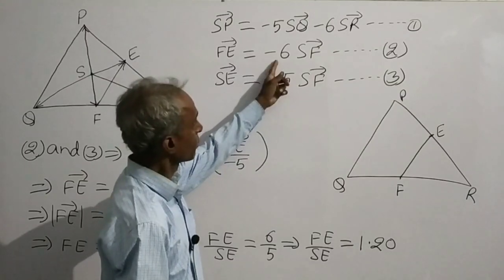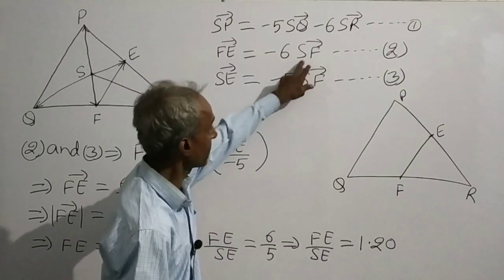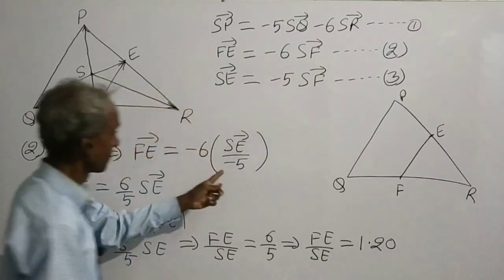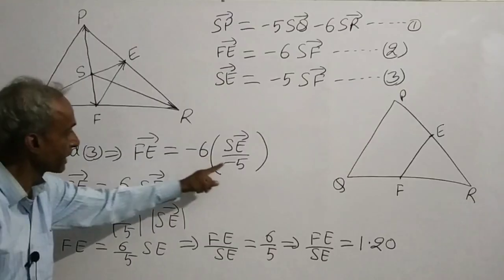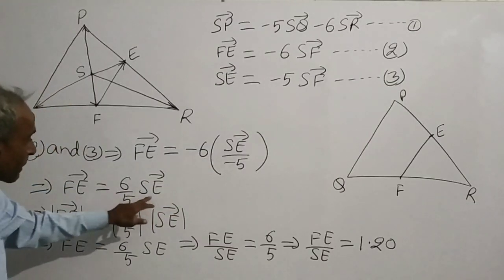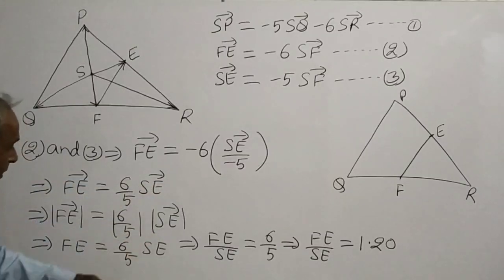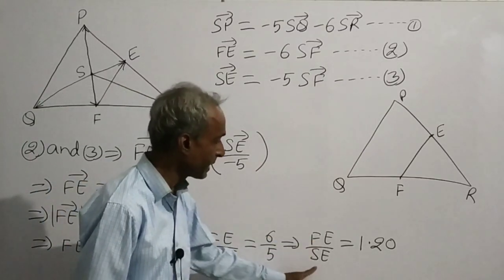In this result 2, in place of vector SF, we can write vector SE by minus 5. Then we get vector FE is equal to, minus will be cancelled out, 6 by 5 times vector SE. Taking mod both sides, we get this. Shifting this SE on the left hand side, we get this. That means FE by SE is equal to